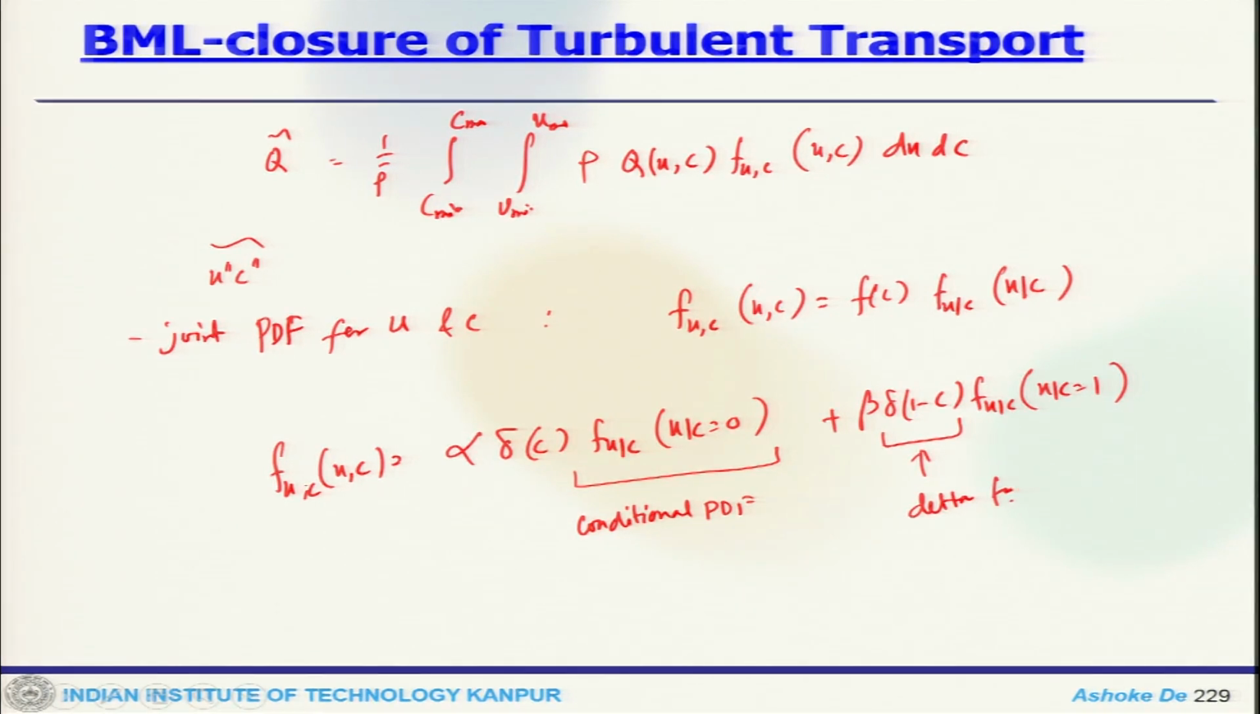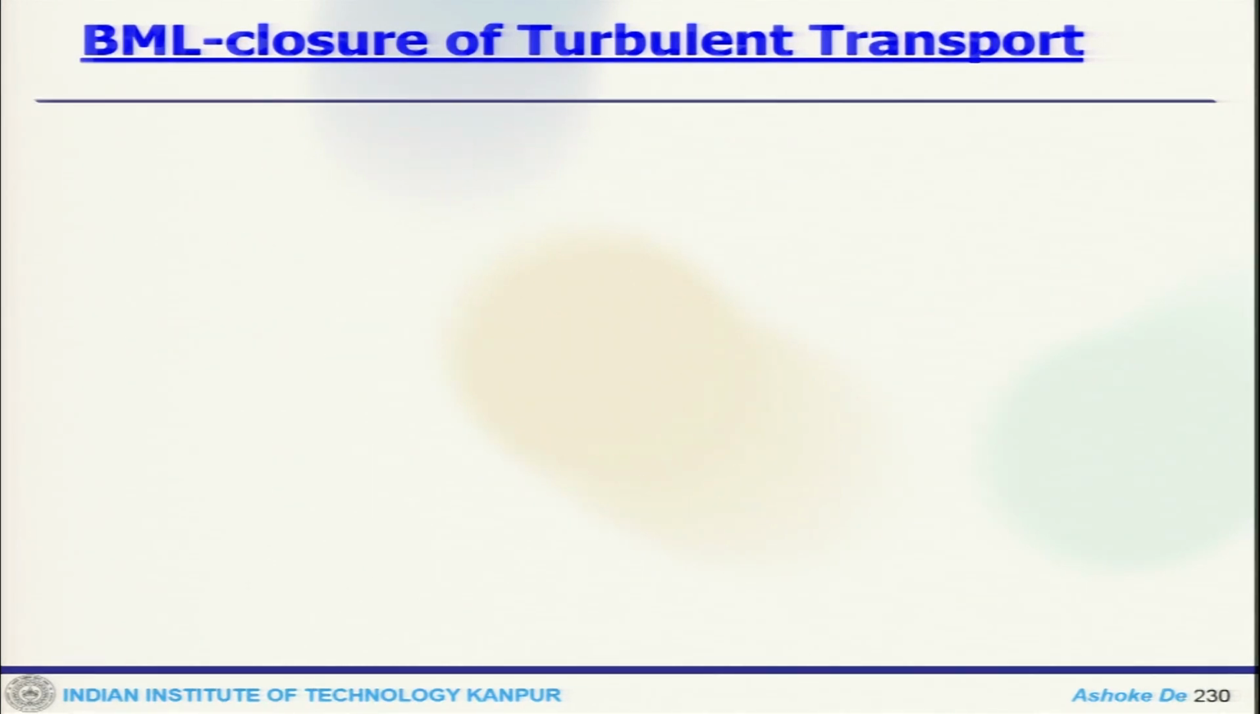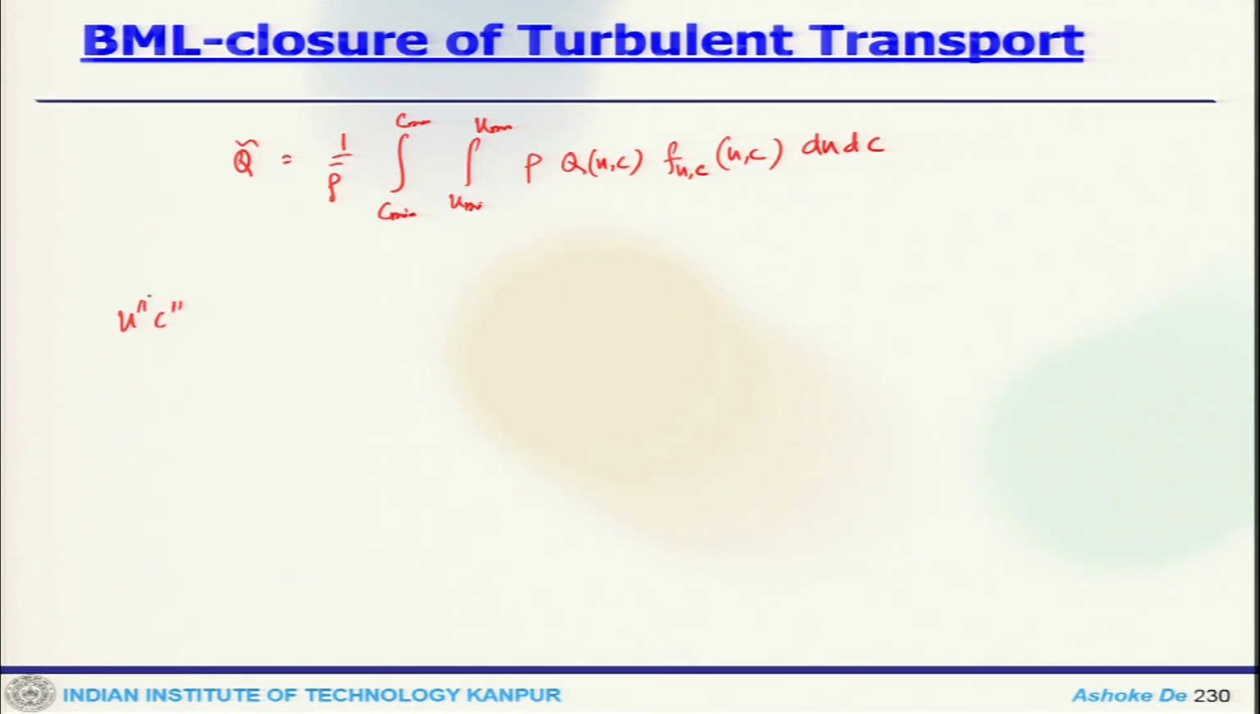So, this is what you can close or write using BML. Now, this quantity you can write as 1 by rho bar, integral from C min to C max, U min to U max, rho Q, FUC(U, C) dU dC, which will allow us to close this